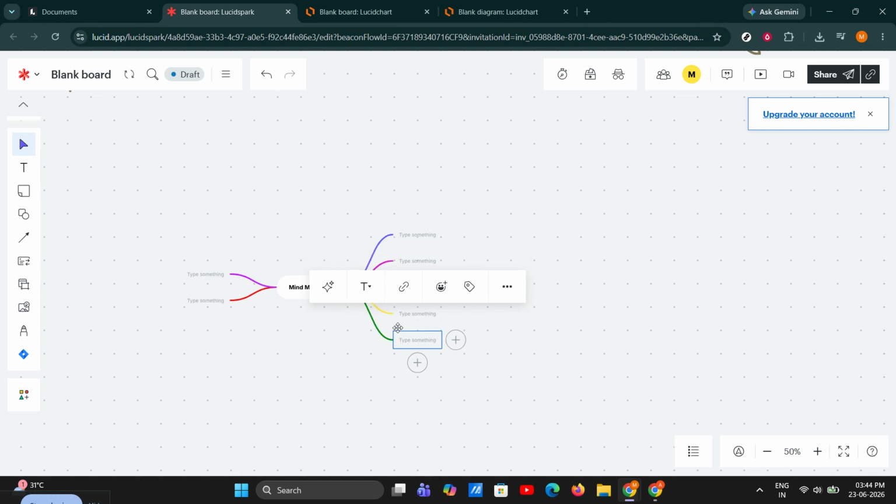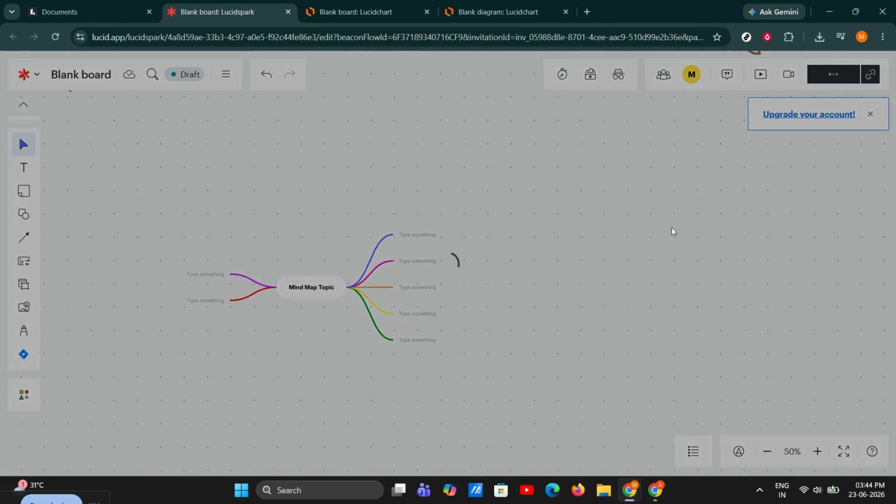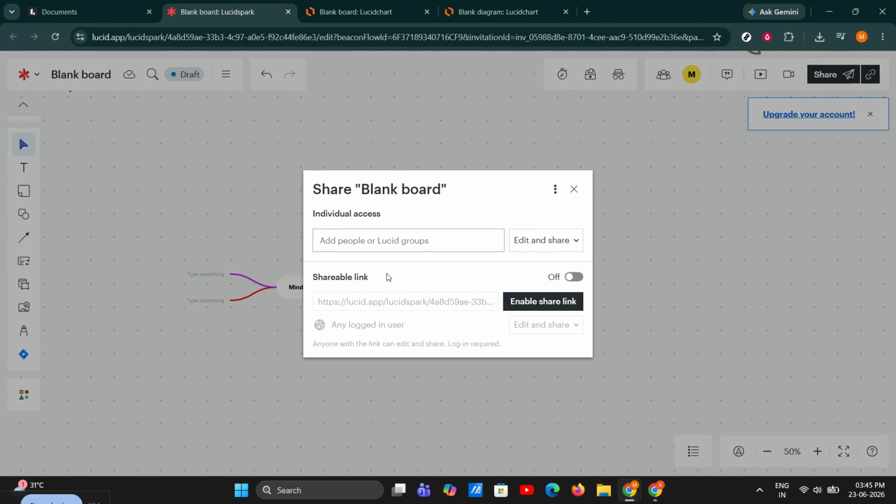Lucidspark also makes collaboration simple. When you're ready to work with other people, click Share in the top right corner. You can enter email addresses or copy the share link and send it to teammates. Once they join, everyone can contribute on the same board, which makes Lucidspark especially useful for remote brainstorming, team meetings,